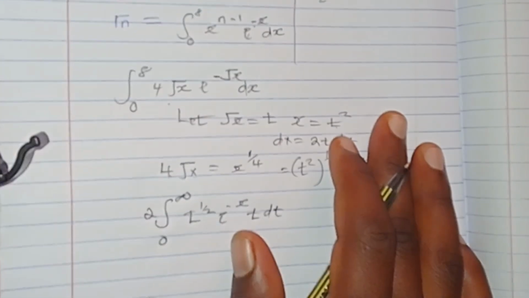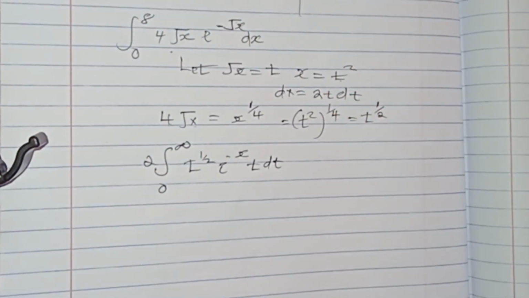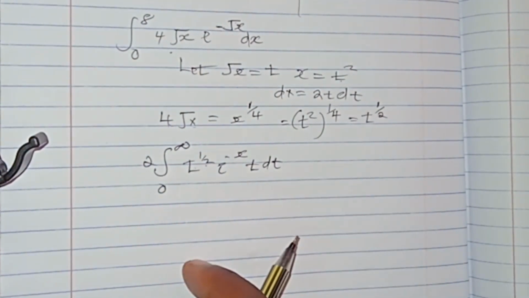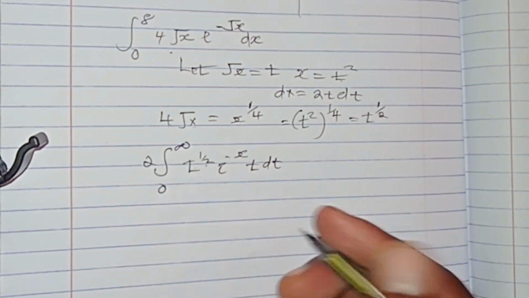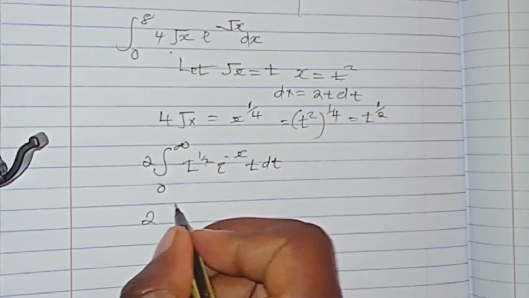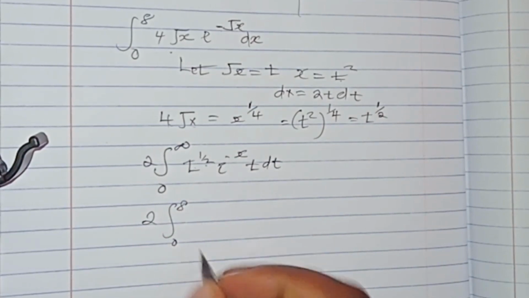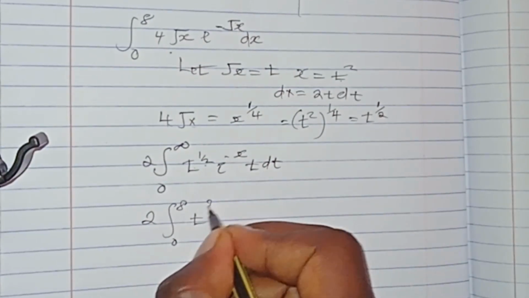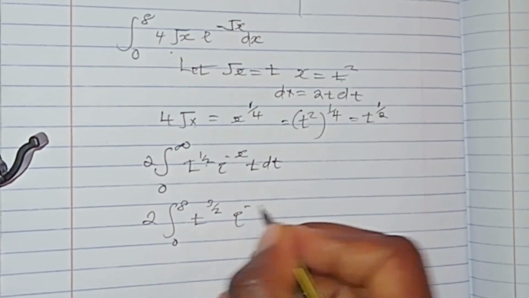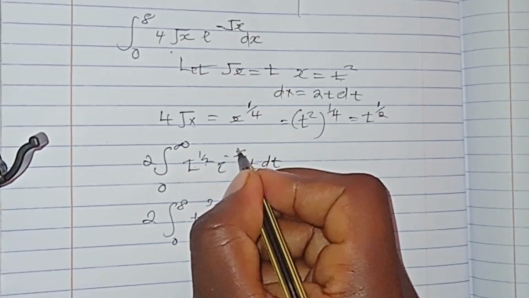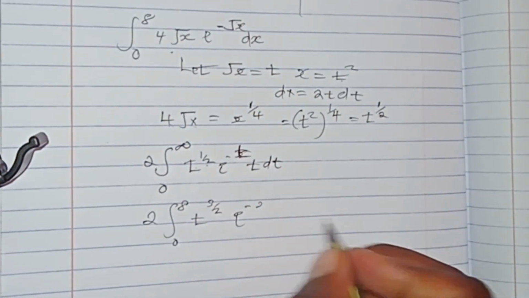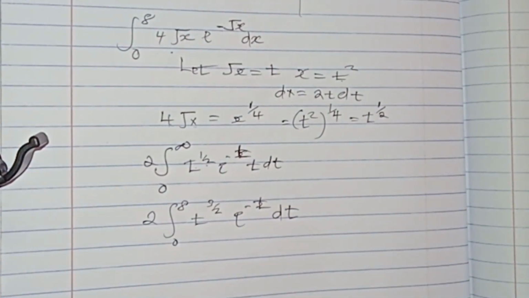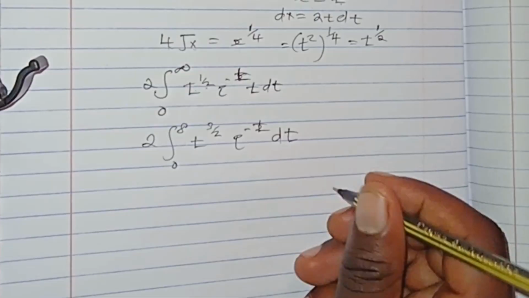Are we together? So t raised to the power half and t raised to the power 1. We apply the indices rule and combine their powers. So you have t raised to half plus 1, which is 3 over 2, e to the minus t dt. Are we together? So